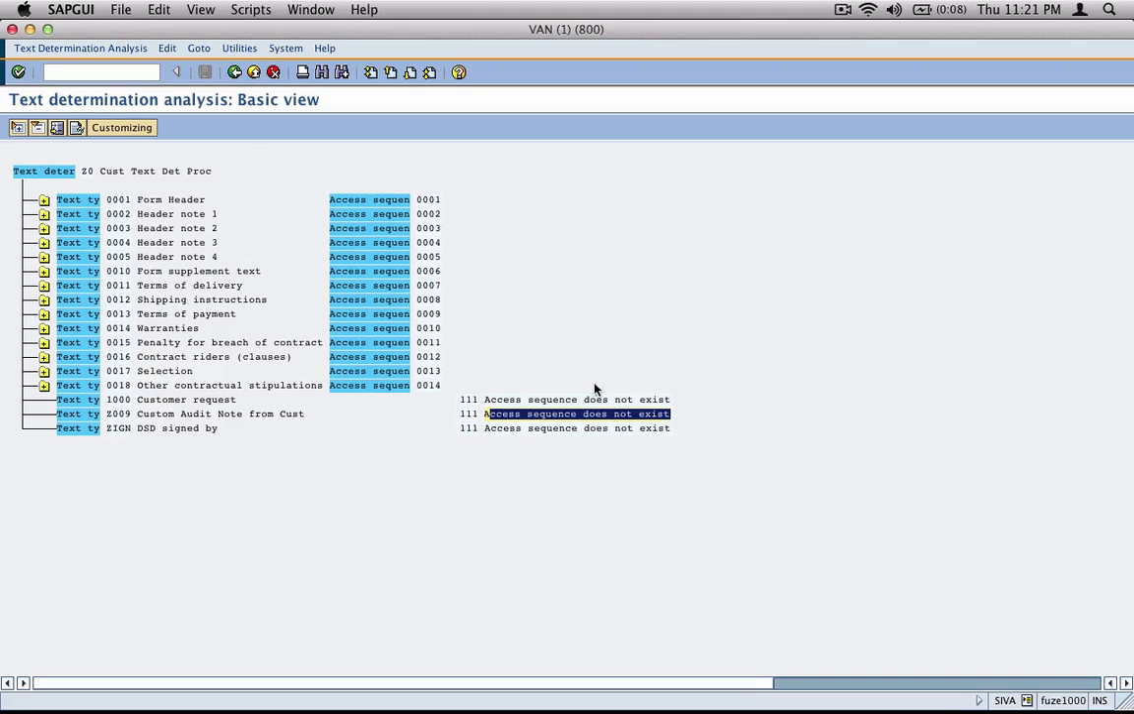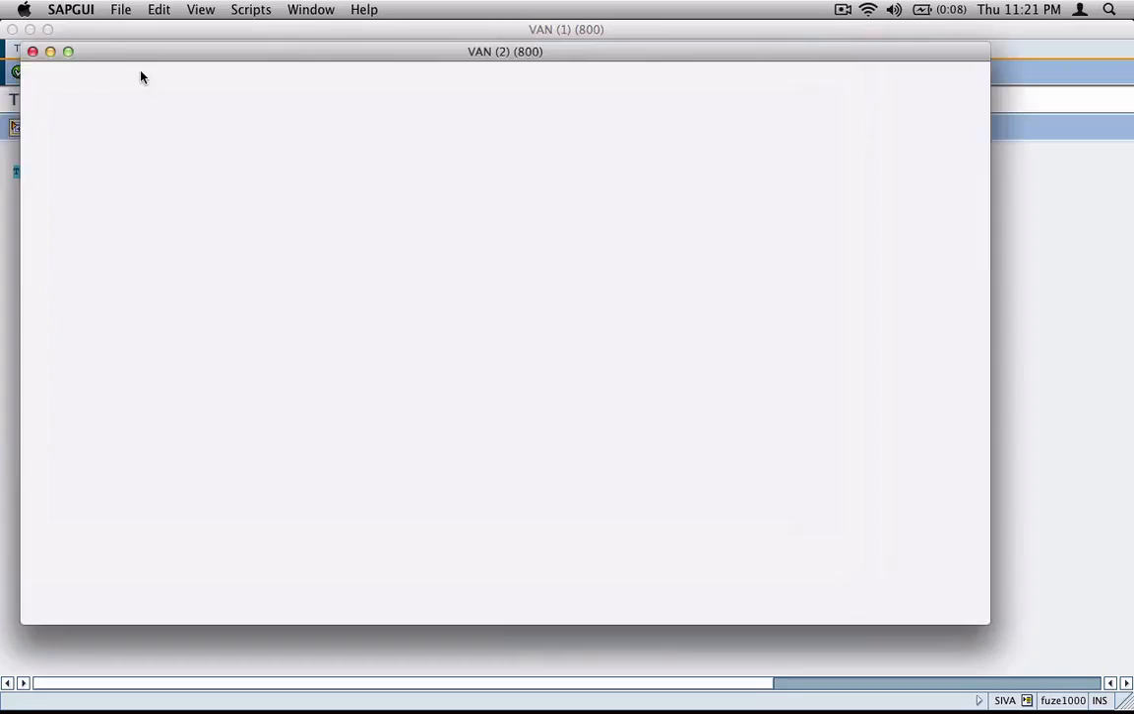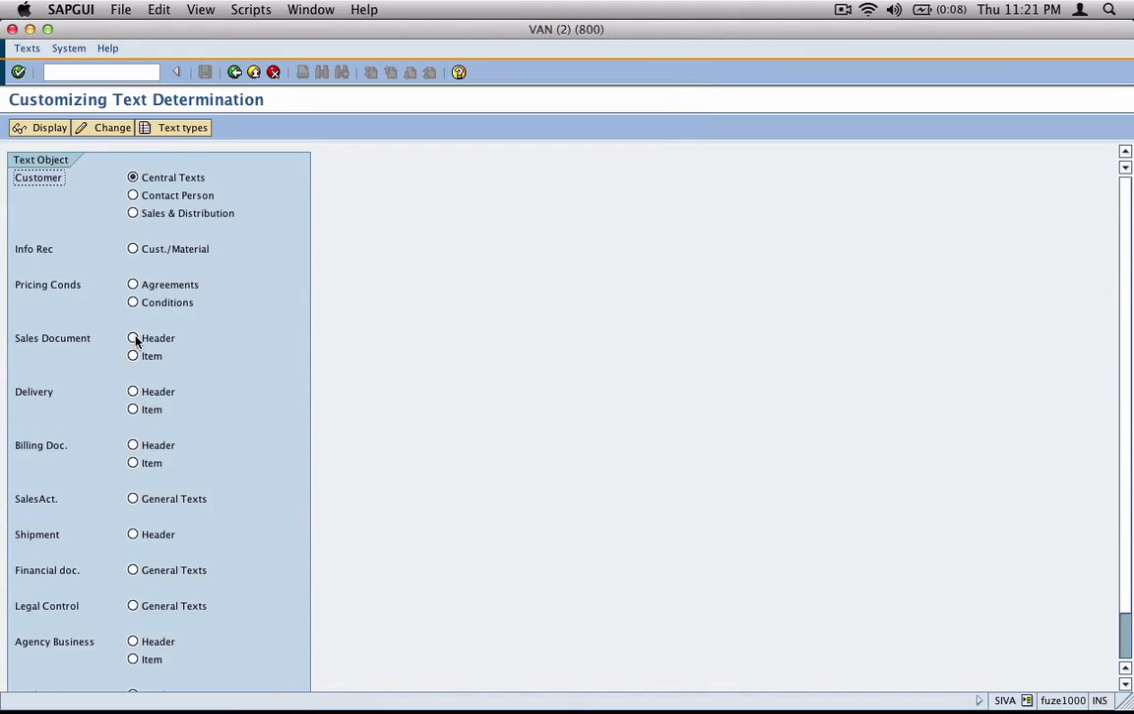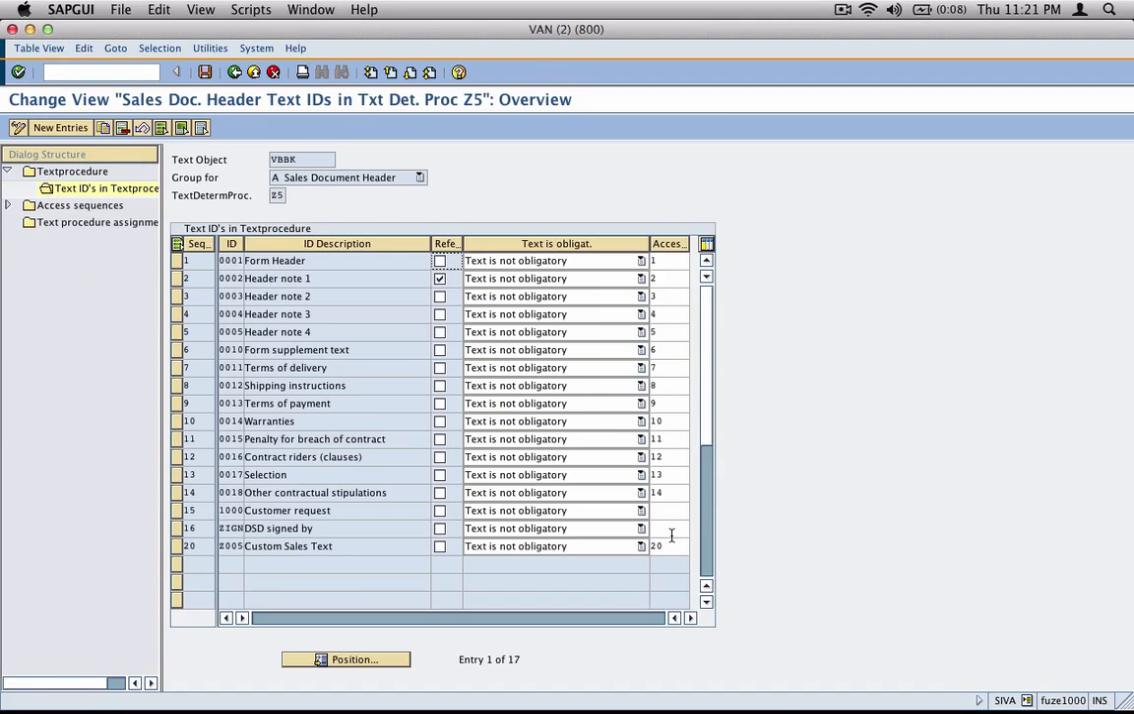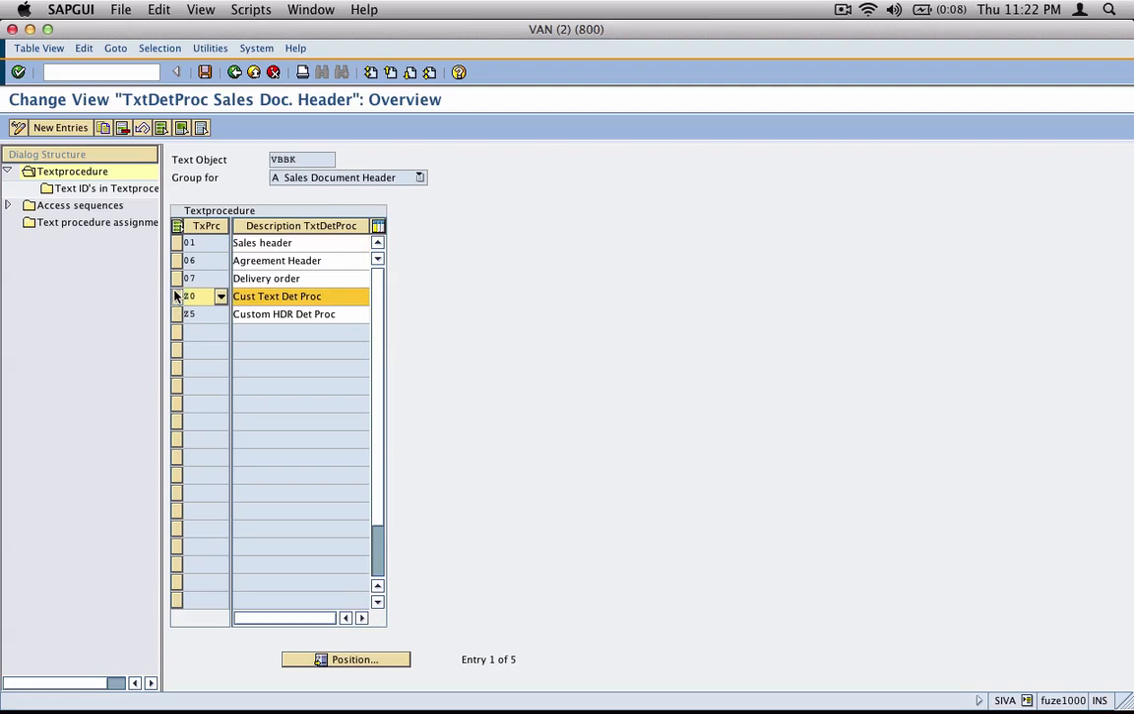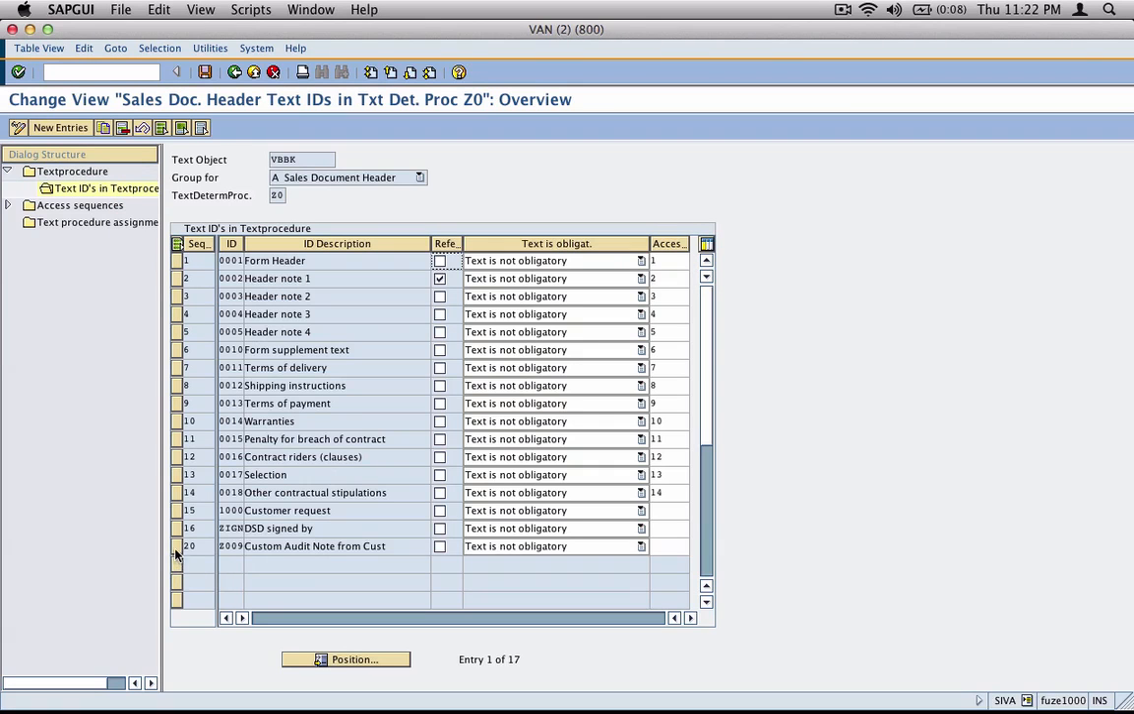Now what is this access sequence? Well, let's go to the same old transaction, same old sales order header, go to change mode, and then go to Z5, and look at the text IDs, and see that for our, sorry, I think it was Z9, right, or Z0. This does not have an access sequence. What it means is